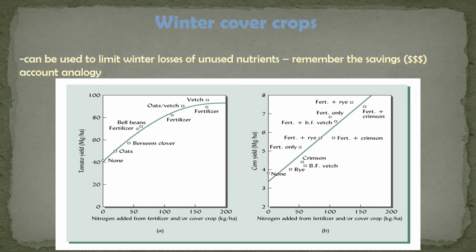So winter cover crops essentially can be used to limit winter losses of unused nutrients. So here's another idea, right? We harvest and there's excess nutrients there that could be washed away during winter months. Well, what cover crops do is they grow and they suck those excess nutrients up into their little tissues and then they freeze over winter. And then at the beginning of spring, do you know what they do? They go ahead and die and release those nutrients for future crops. Isn't that great? You basically just protected your resources and kept them from washing down the drain. So, of course, this is fantastic and sustainable.